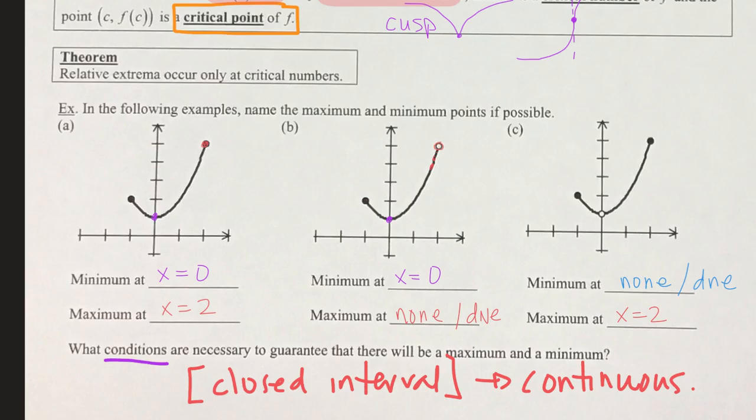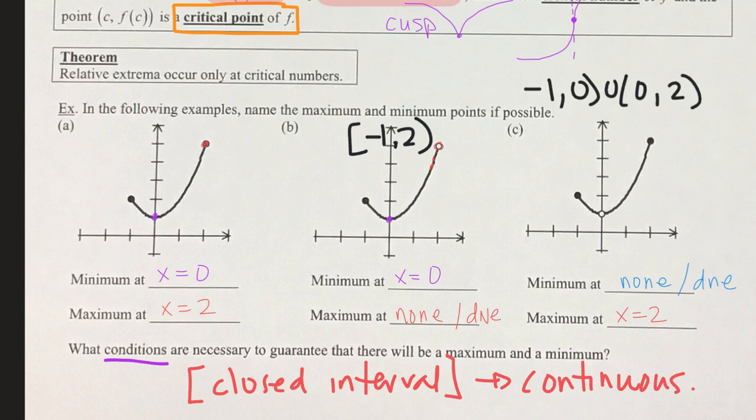This one goes from -1 to 2 with a parenthesis, so we don't have a closed interval for number 2. But for C, we have from -1 to 0 and from 0 to 2. So this one is not continuous because we have to make a jump at 0. Our function has to be continuous on a closed interval in order for us to have a maximum